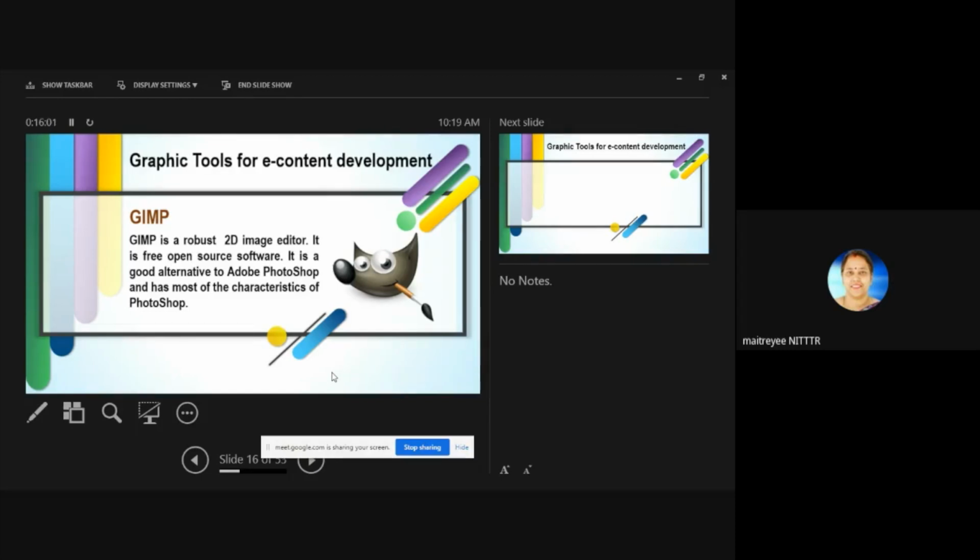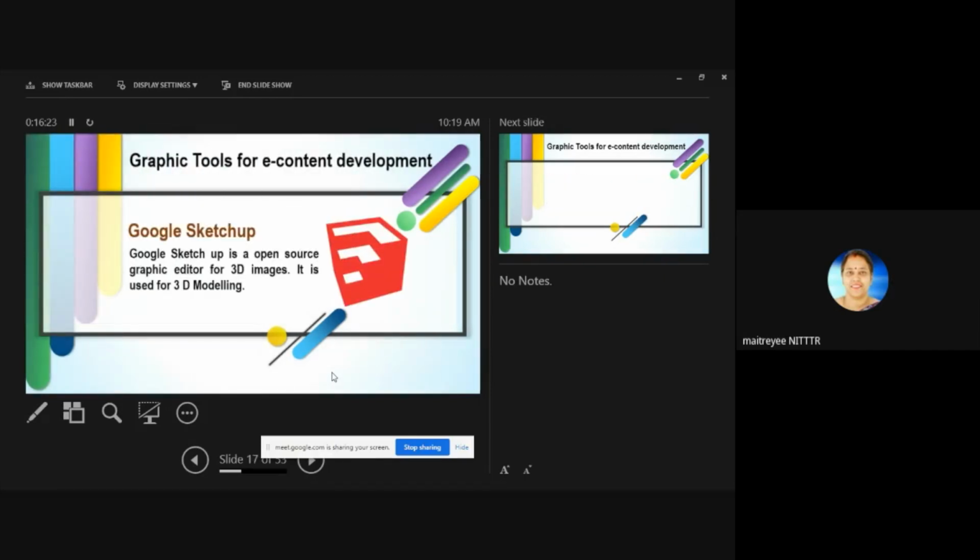I will give you the link of this software also, and the YouTube links, so that you can go there, learn, download it on your own system, and carry on your work in GIMP. It is for animation as well as for graphics image editing.